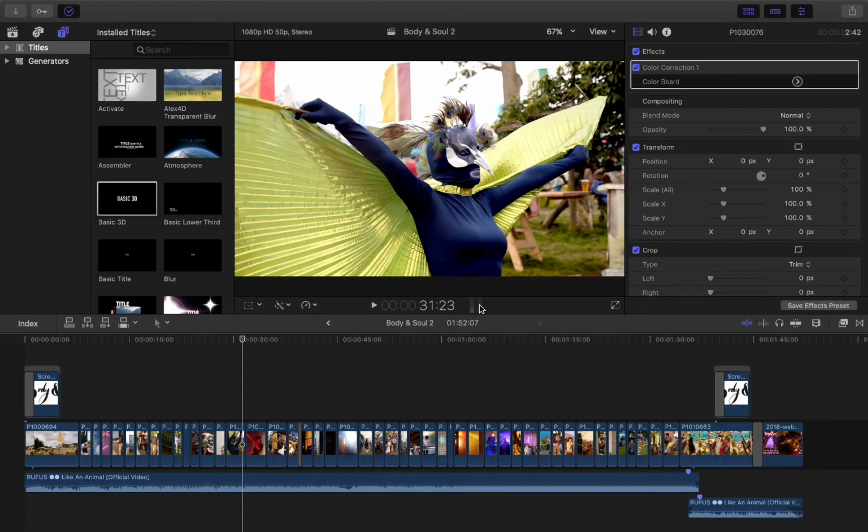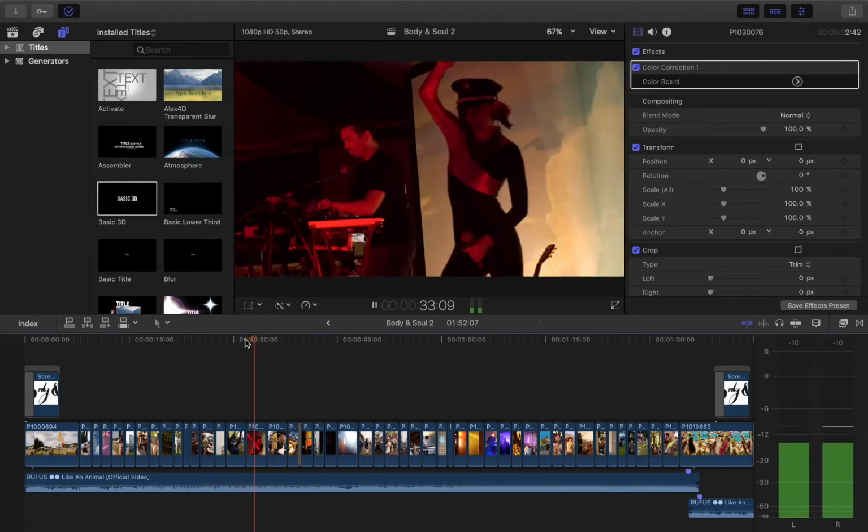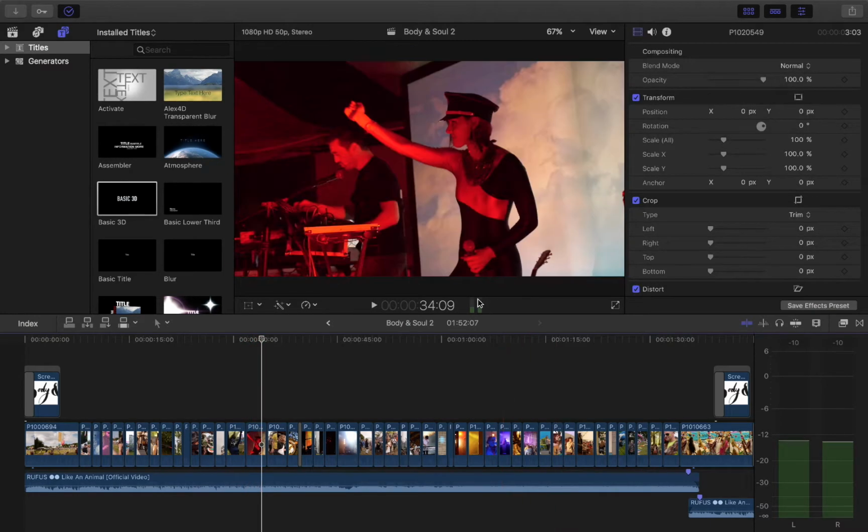So these sound waves here, you can also click on those. If I click on the sound waves, this will open up your sound bars to the side. So you can see we've got a left and a right here. This is just a simple stereo edit. If I press spacebar again, it's a way you can monitor your audio, and you can get rid of that again just by clicking the